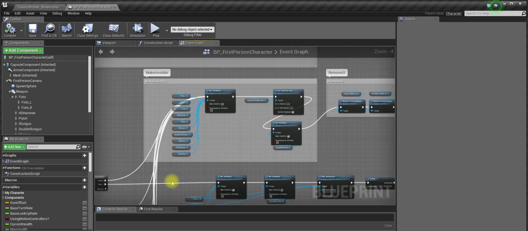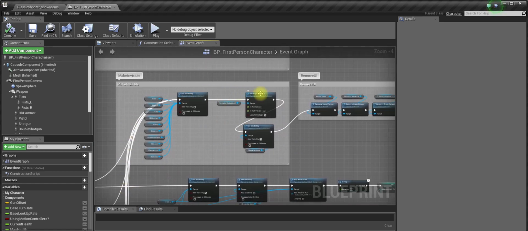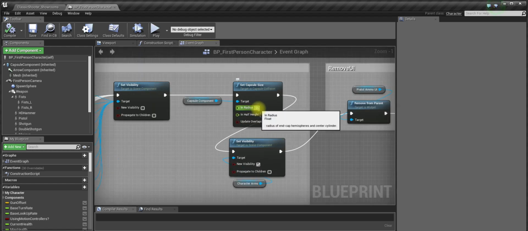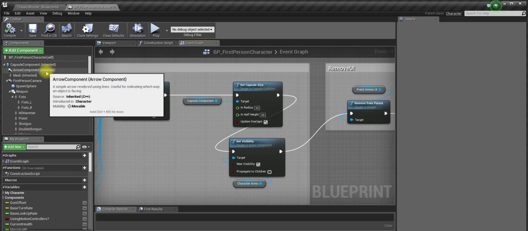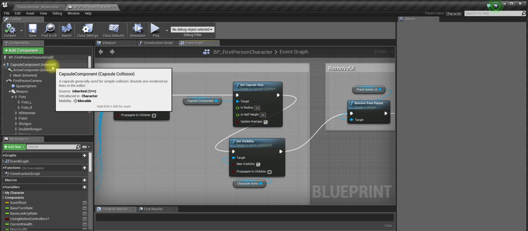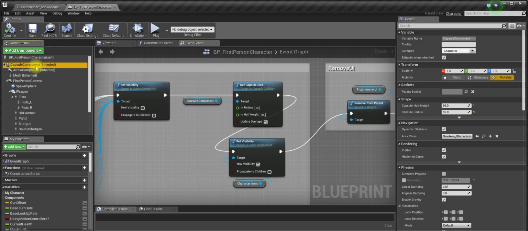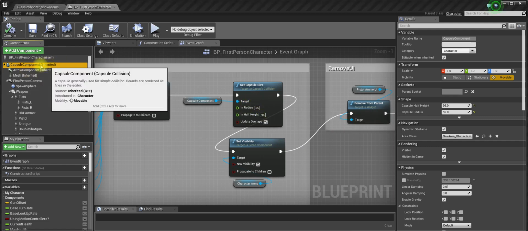So every time we select a weapon, we have to set our capsule size to its default value. Here, the values are specified. If you want to experiment with the size of the capsule component without worrying about this, you can, at the event begin play, you can